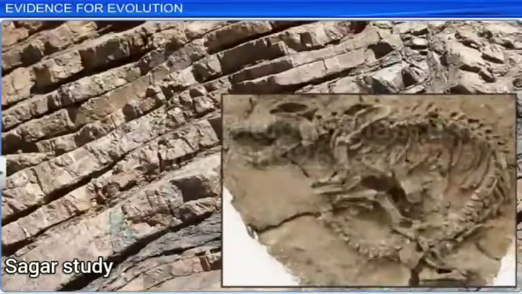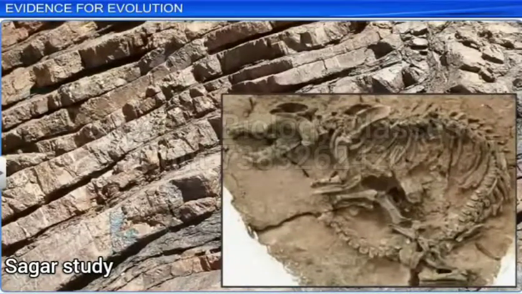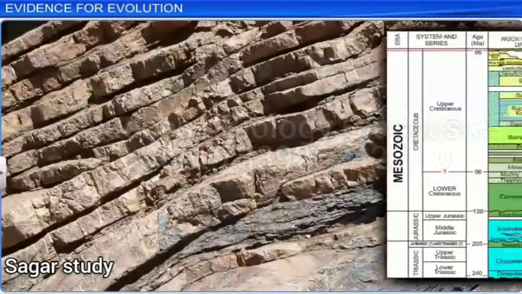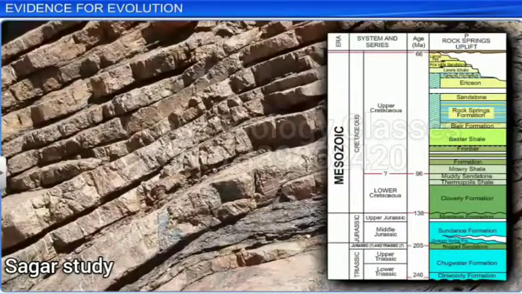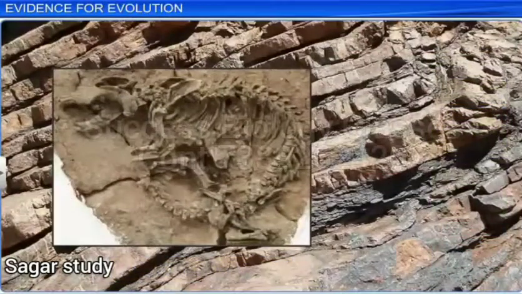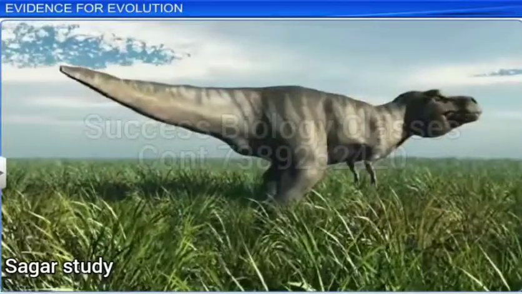Fossils are the preserved remains of animals, plants, and other organisms found in the sedimentary layers of rocks. On observing a cross-section of the Earth's crust, we find that these layers are arranged on top of each other and signify different periods of the Earth's history. Therefore, fossils in different rock sediments pertain to the same geological period as that particular sediment layer. For example, fossil remains of dinosaurs belong to the Mesozoic era.